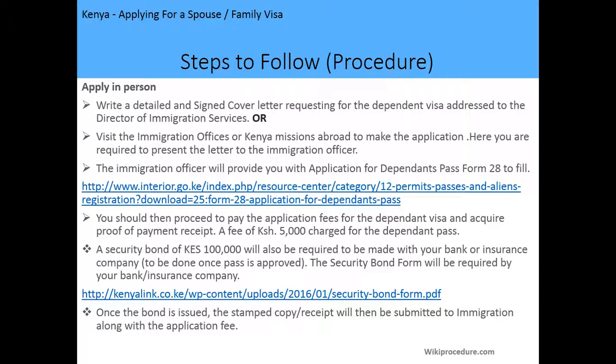And you're also supposed to pay a security bond of 100,000 shillings, which you're supposed to make with your bank or insurance company, and the security bond form will be required by your bank or insurance company to be filled. So you're supposed also to take the security bond form to be filled and submit it to your bank or